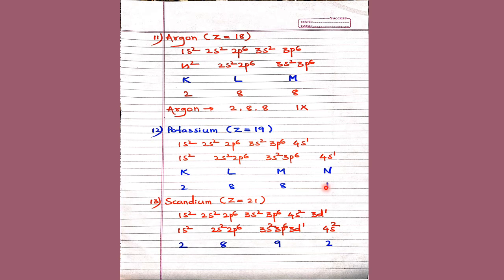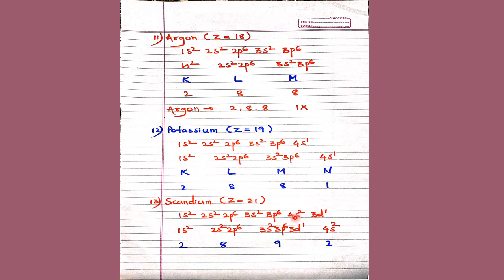So this is 2, 8, 9 as per the ninth class, or 2, 8, 8, 1 as per the ninth. Why were we not answering that time? Now the answer is here. In the same way, scandium. In scandium, you see, the 21st electron enters where? 3d. But remember, before 3d, 4s fills.